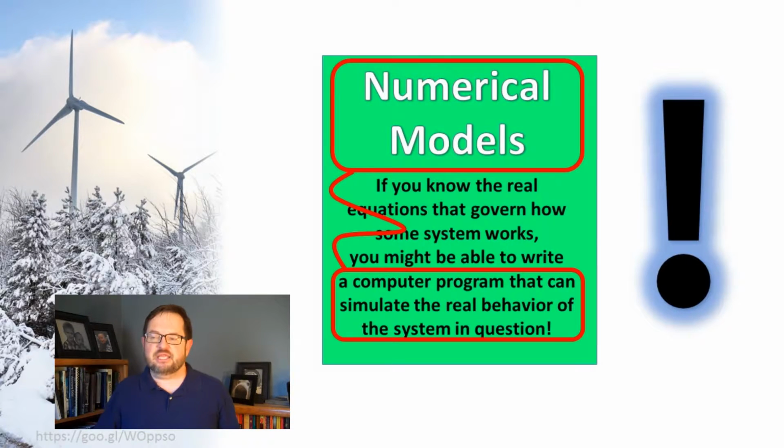Numerical weather prediction, then, is based on our actual knowledge of the physics of the atmosphere: the laws of thermodynamics, the laws of motion, things like that. We'll see the exact laws in just a second. It is used to produce forecasts, whether that's what that big storm system will do this weekend, or how windy it will be near my wind farm so I know how much electricity we're going to be producing, or how cold it is going to be next week so we know what the demand on the electrical grid will be for heating purposes. That's all numerical weather prediction.